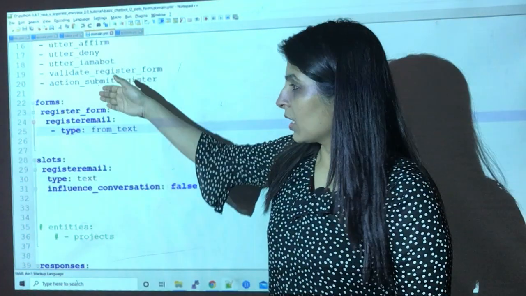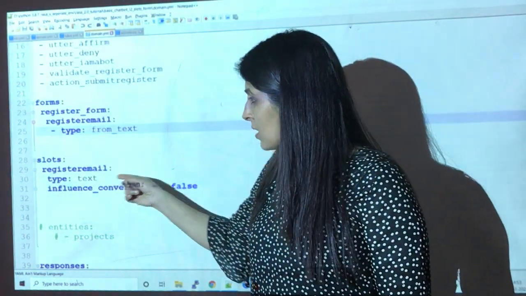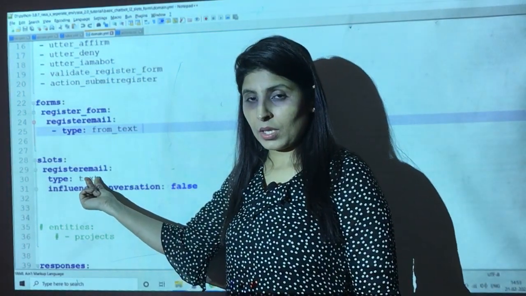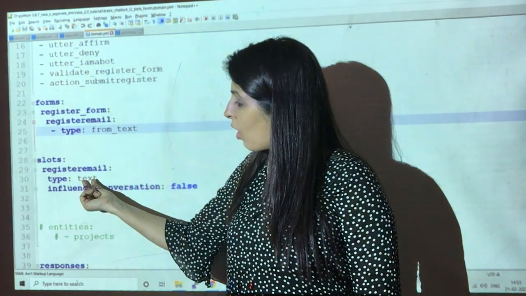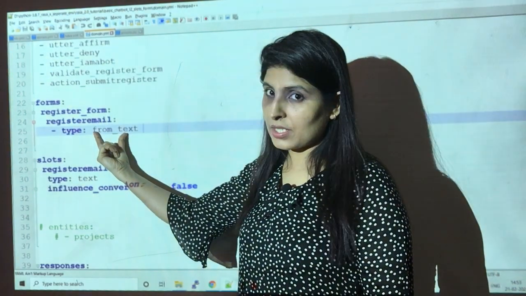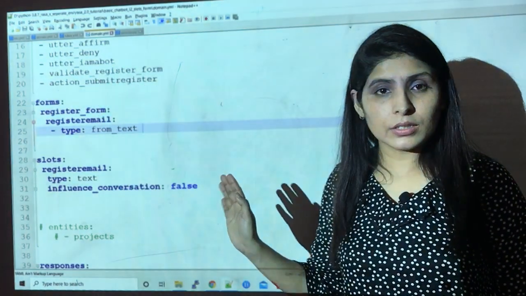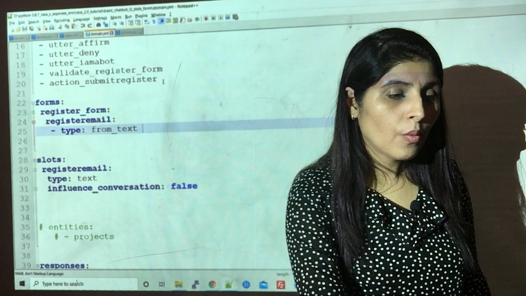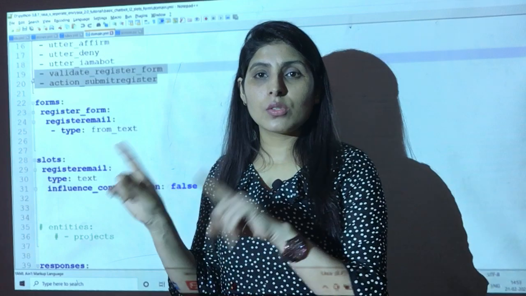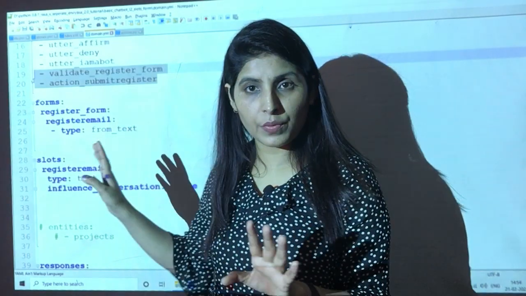All right, so we created the form and created the slot. From this slot we will provide data over here. See, the type we have written here is text. The data which this slot will accept is text, and that data will go here from this text. So the slot part is clear. Now what are these two things? Guys, till now you have understood how to create a slot and why we are using a slot, and then we have created the form over here.